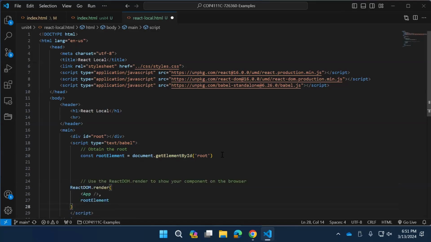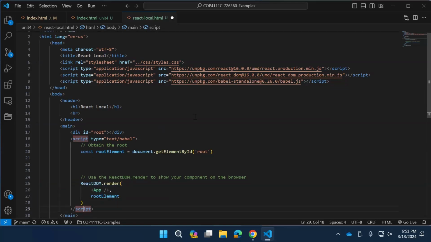But the last thing in a React app that you want to do is, in this React DOM library, there is a React DOM class with a render function. And this render function is now saying, we want to render a JSX component called app, right? Now, we do have to go and define that app. So what we can do here is,